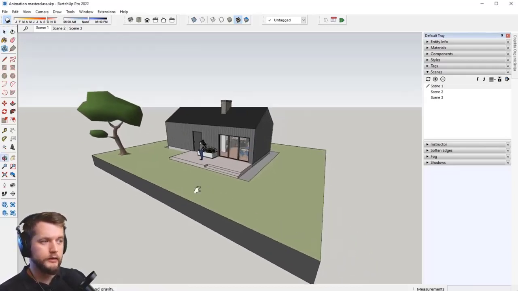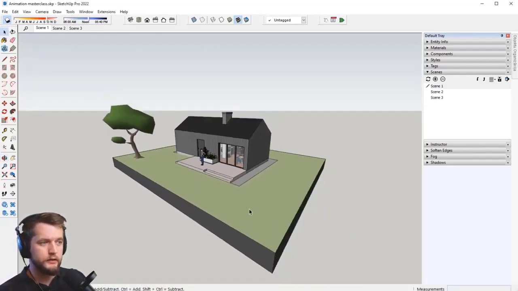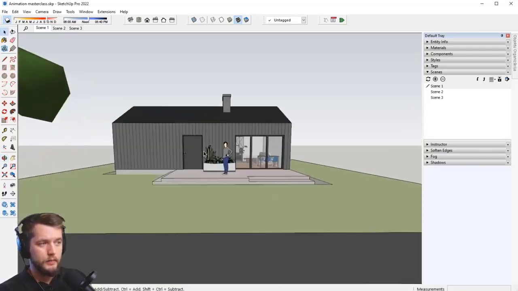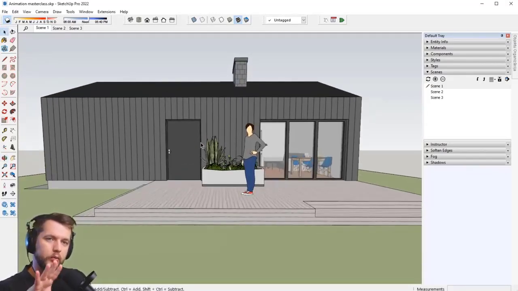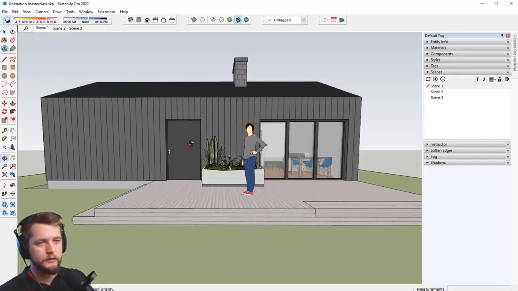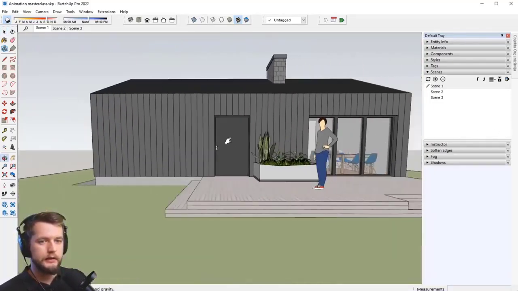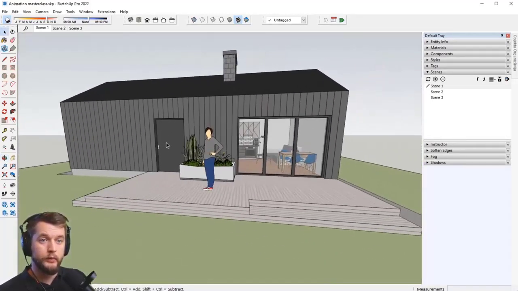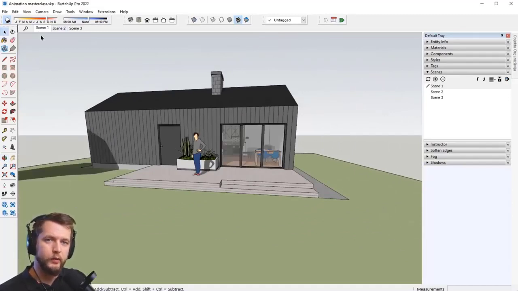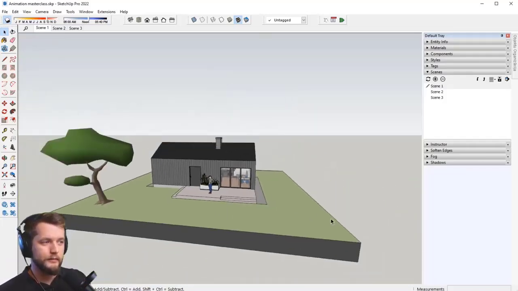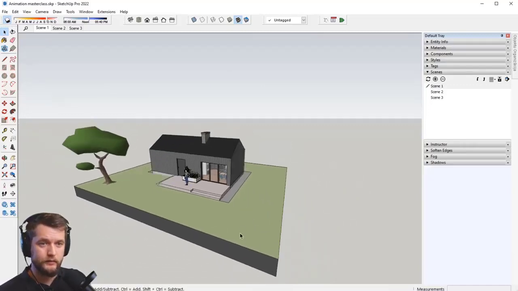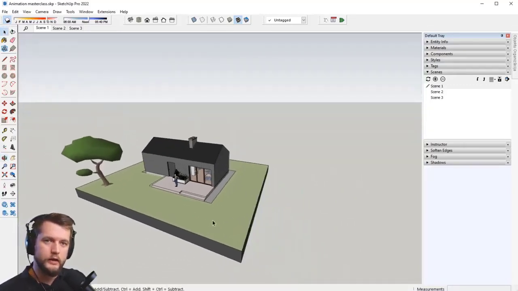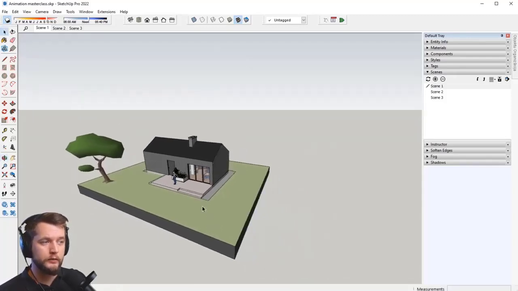And what I mean about simplifying the animation is, for instance, I could have a view where my camera is looking directly at this facade, and I could simply move from one side to the other. One problem is that simply by creating scenes, I won't be able to have them at the same height from this base. So when you want to create more interesting animations, you will have to draw some extra